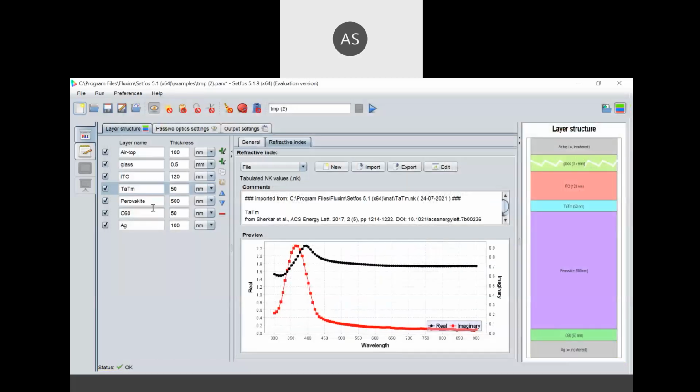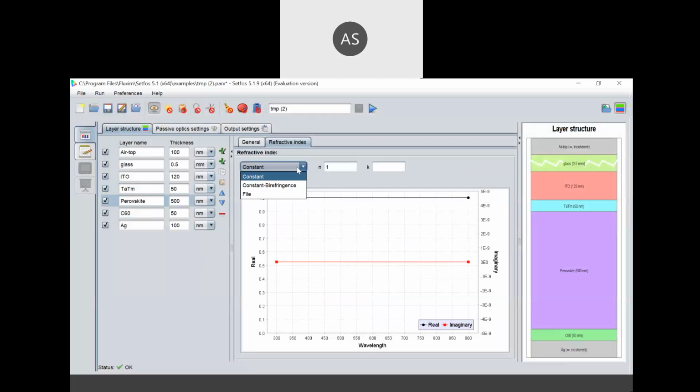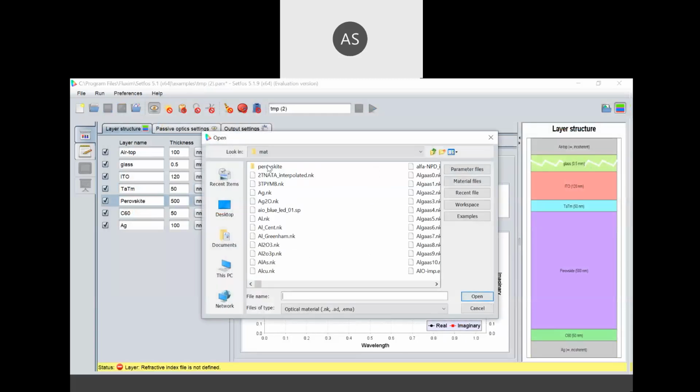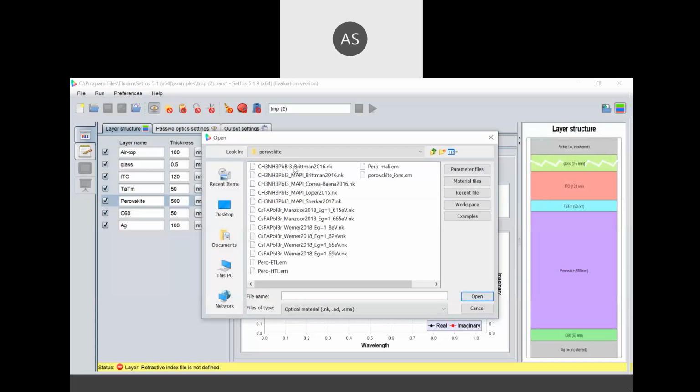The next one is the perovskite layer. So I will open the perovskite material database and import. This is perovskite, and these are all the combinations of perovskite that are there: CH3NH3PbI3, PbBr3, MAPI perovskite. So you can select according to your need different variations of band gap, and how these perovskite parameters are changing.